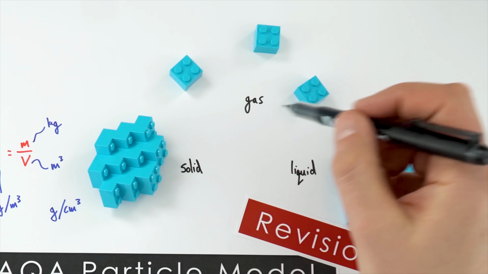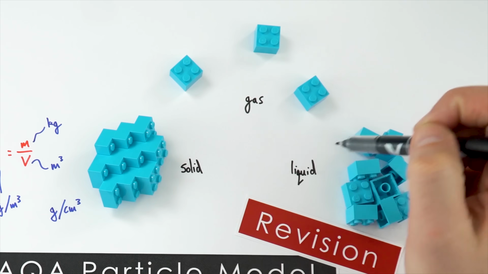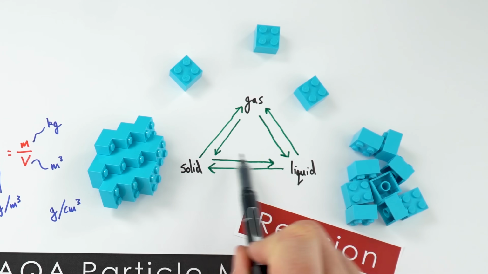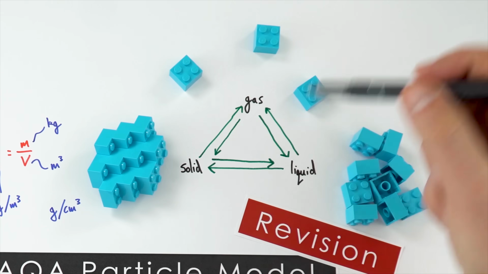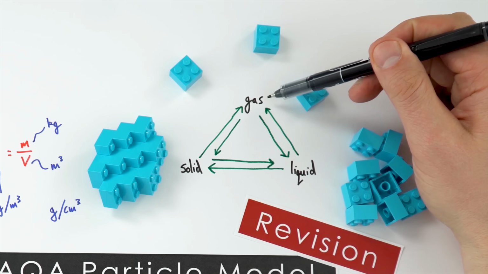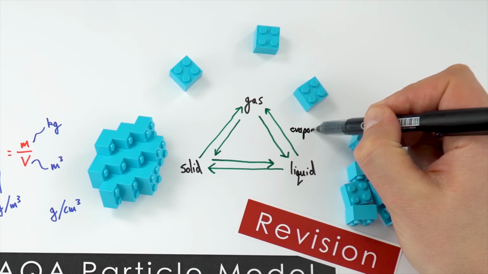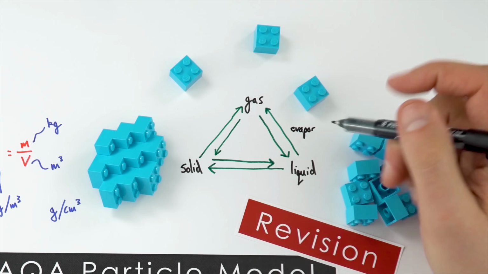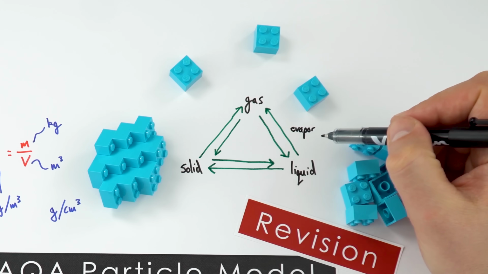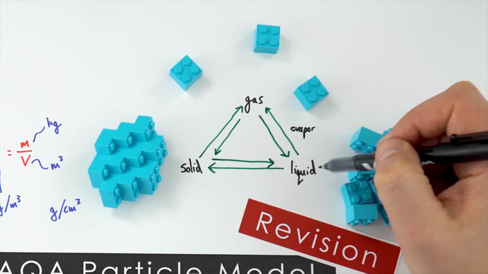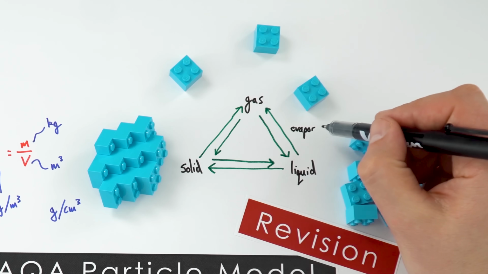So let's think about how we go from one state to another. Now, if you have a solid and you heat it up, it turns into a liquid, so that's when it's melting. The liquid then might boil and turn into a gas, but if we have something which is evaporating, this is where something turns from a liquid to a gas below its boiling temperature. This is the reason that things like puddles do dry up. Even though it never gets to above 100 degrees, that water still turns into the water vapour.